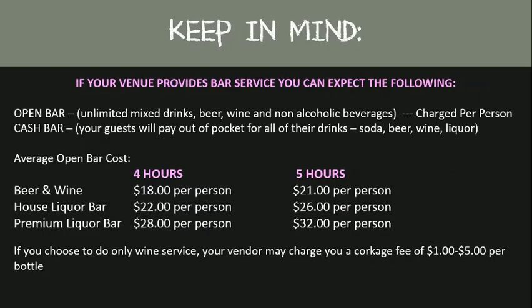Now, for those brides that are hosting their wedding at a venue, you'll want to keep in mind that if your venue provides bar service, you can expect with an open bar, unlimited mixed drinks, beer, wine, and non-alcoholic beverages. And for an open bar, you're going to be charged per person. If you choose a cash bar, your guests will pay out of pocket for all of their drinks, like soda,